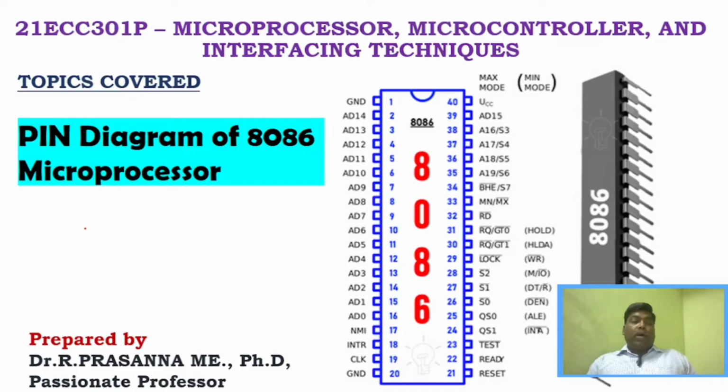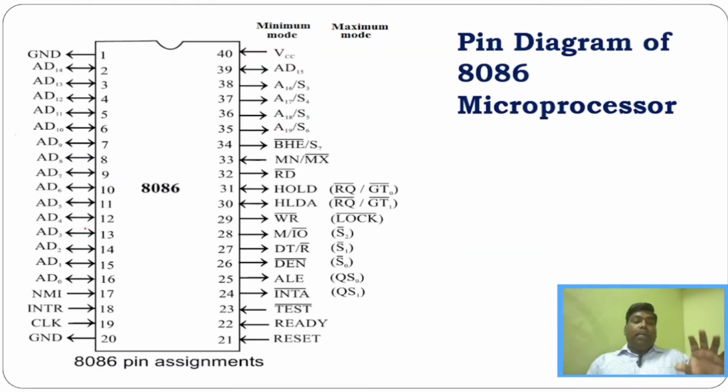And today's video is about another interesting topic in 8086 microprocessor. We're going to see the pin diagram of 8086 microprocessor. In this video we will see in detail the 40 pin diagram of 8086. This is the pin diagram of 8086, where we have already seen the basic features of 8086 and the register organization of 8086. In this video we're going to see only the pin diagram. I'll explain in detail about each and every pin.